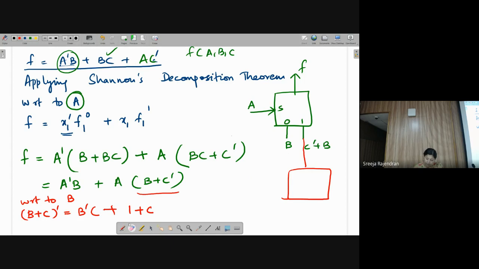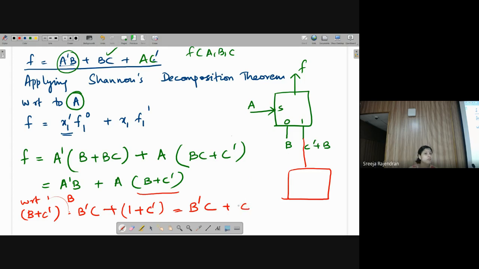Why have I put this? You people won't tell that I have put the complement outside also. Because B plus C bar, 1 plus C bar. Now what is 1 plus C bar? It is like saying B is my select line now because I am decomposing with respect to B. So it is B complement C